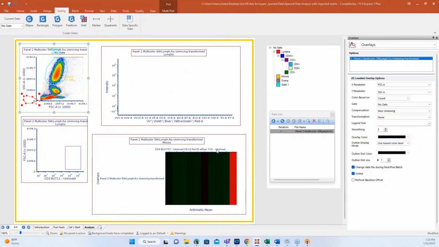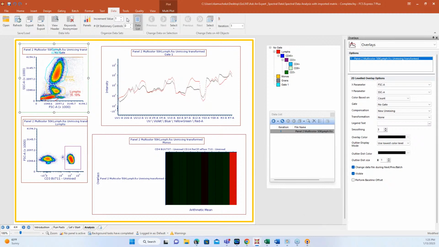Oops, here we go. Let me undo that a couple of times. I moved my gate weird. And isn't the undo button the best thing ever? Yes, it is. Probably we all get to where we do most things and we're like, what has happened here? So let's just undo that and go back.